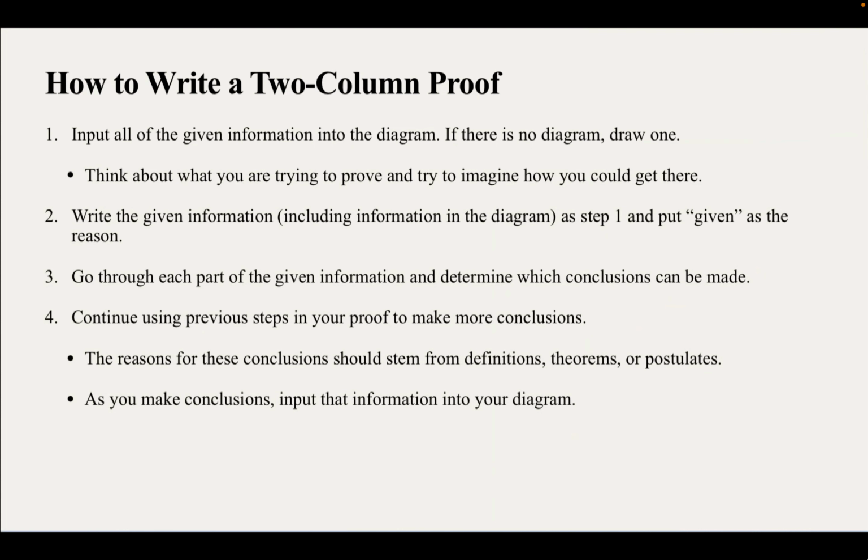Next step is to write all the information, including what's in your diagram. As step one, you're going to put given as the reason. Then you're going to go through each part of the given information and determine what conclusions you can make. You're going to use definitions, theorems, and postulates throughout your proof, so it's a good idea to keep those handy, maybe on a separate sheet of paper on your desk so you